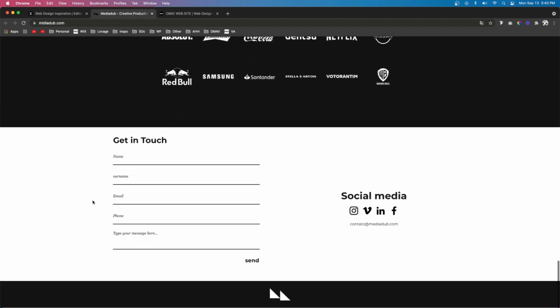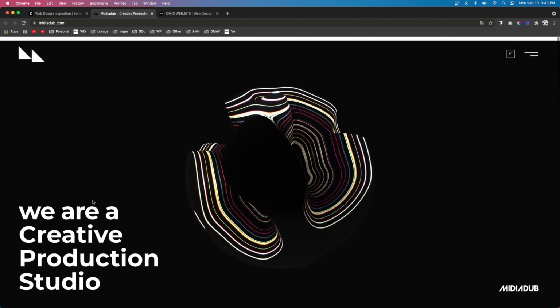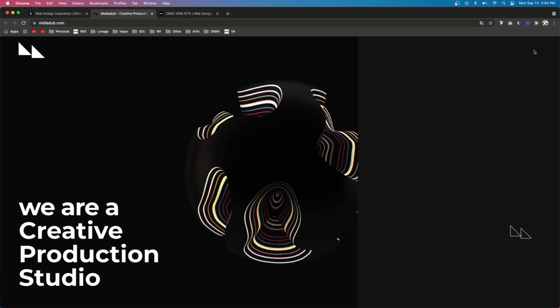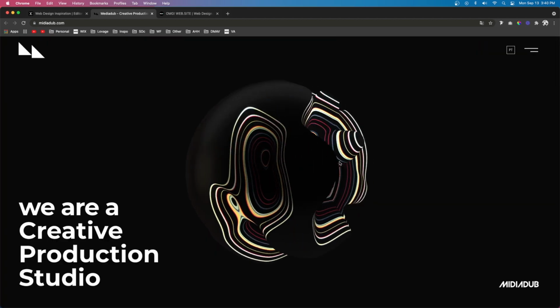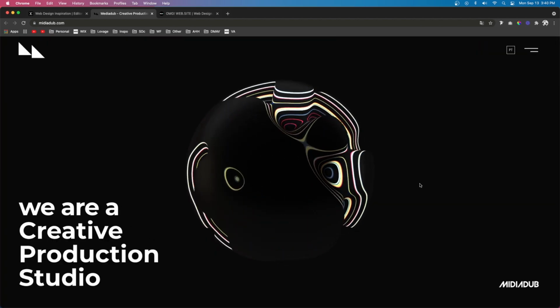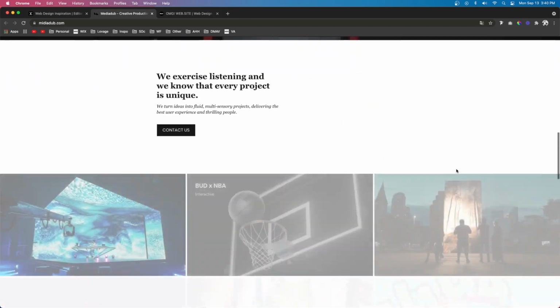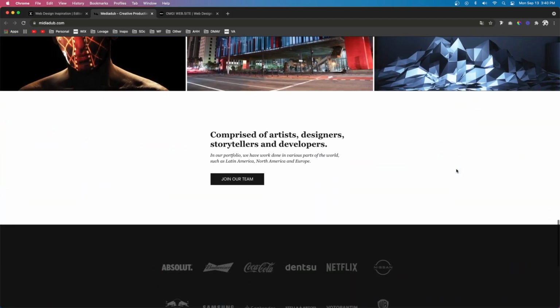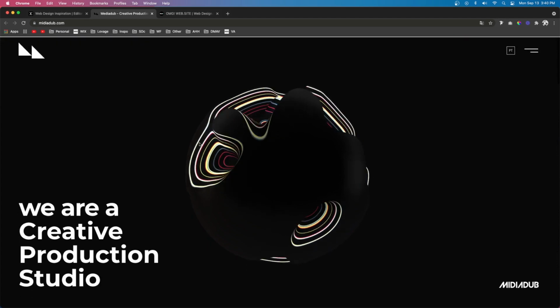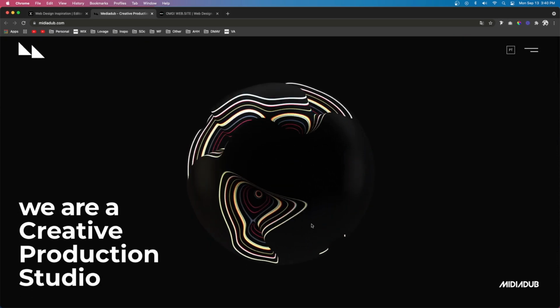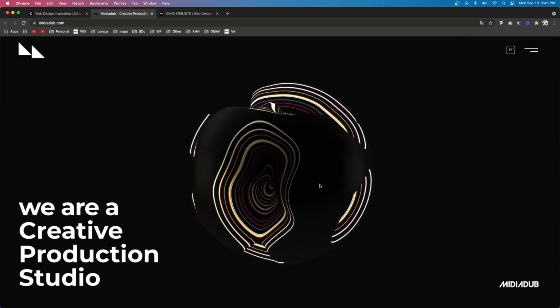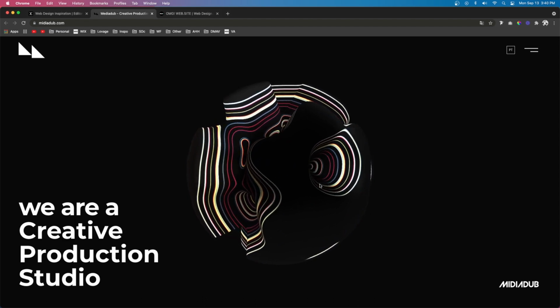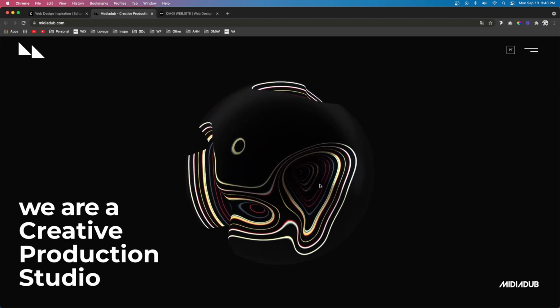And as we scroll down, that's basically it. Of course there's other pages, but as far as the home page goes, that was pretty much it. I would say, for the rest of the page, it seemed a little basic, but again, this top section right here is amazing. Now, I don't know many real world cases for using something like this,